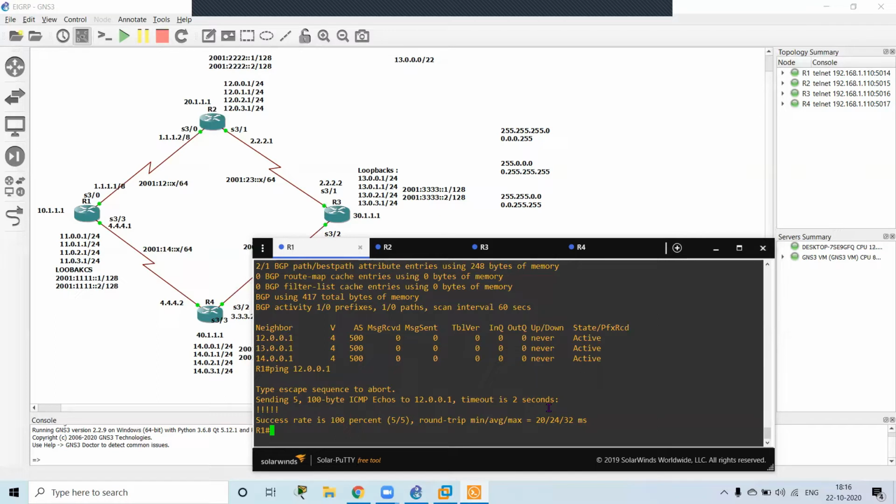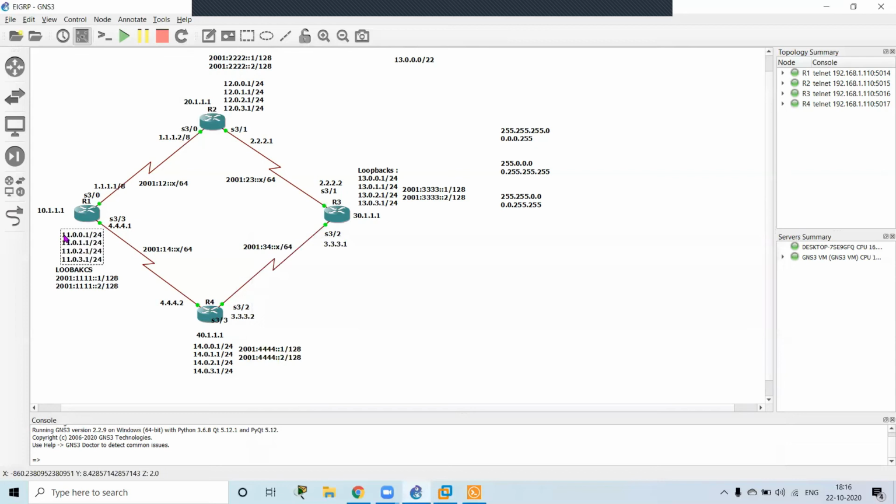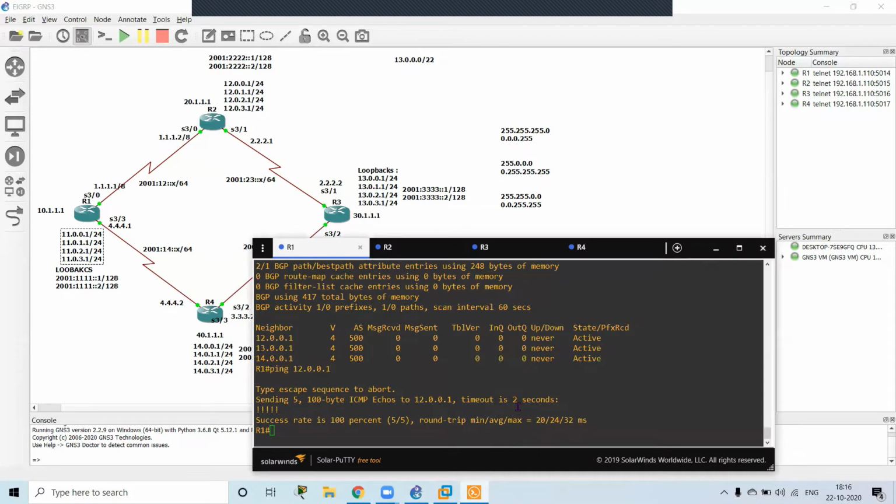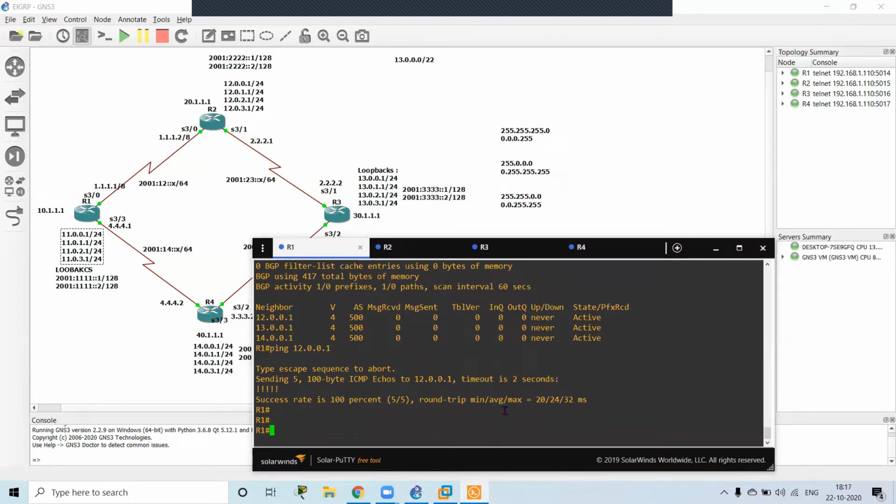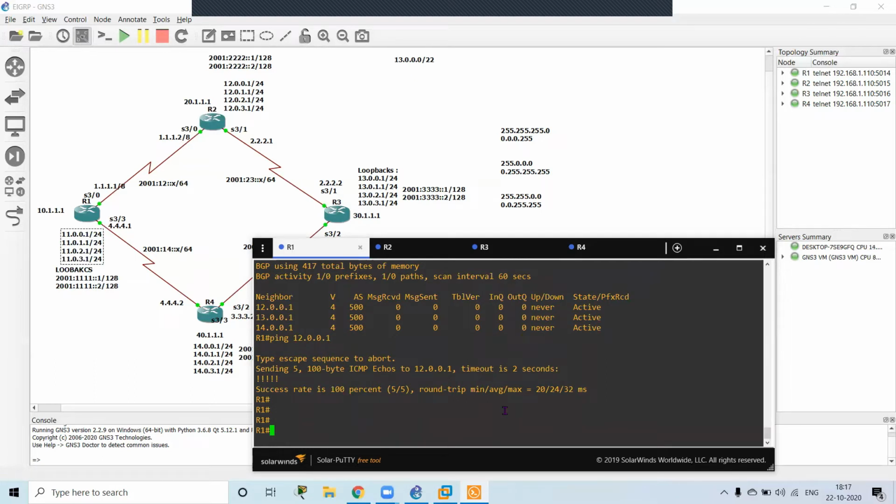when this 1.1.1.1 is going to R2, R2 is seeing its neighbor command, and the neighbor command is given with this loopback address 11.0.0.1. So R2 will reject that open message. Okay, it will not reply with that open message. So what you have to do is update the source address for all the